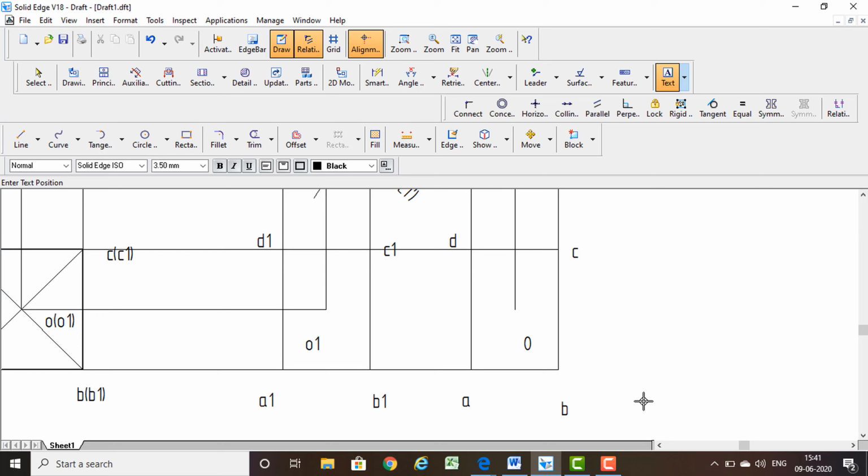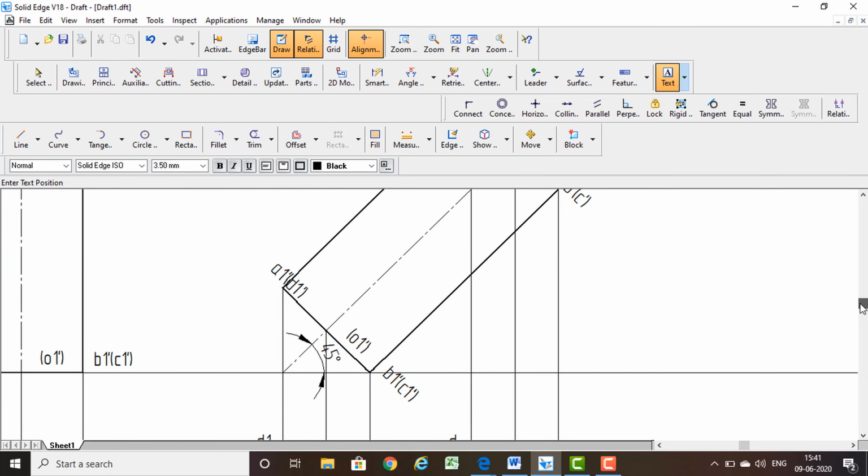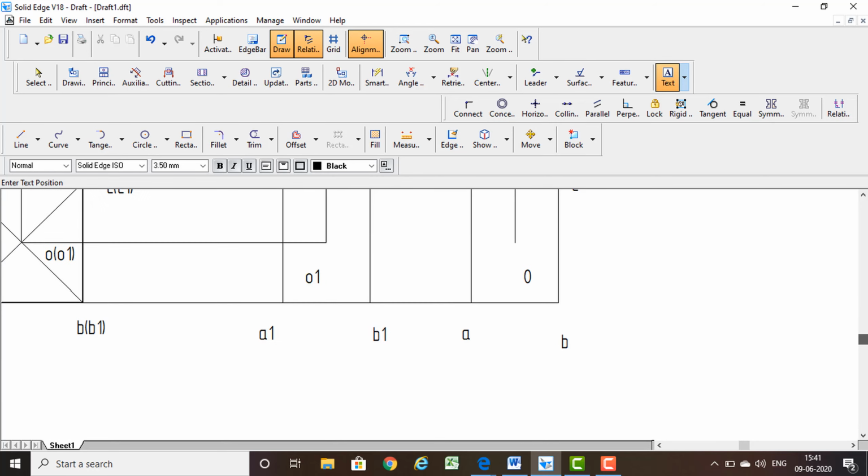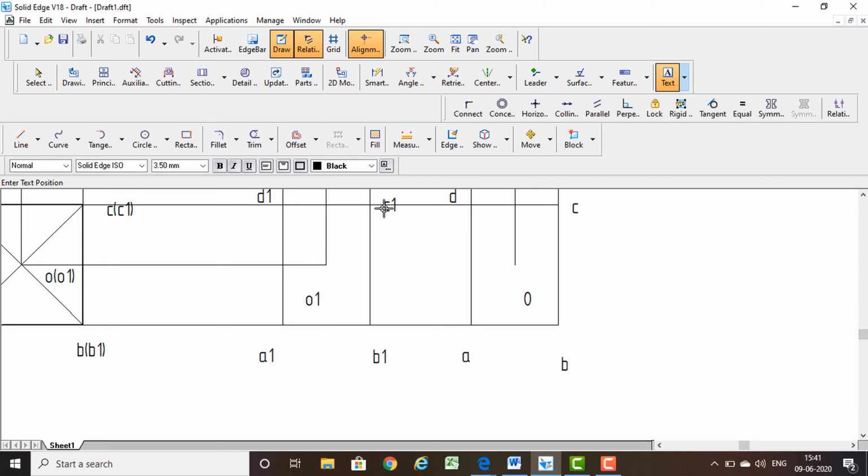So first we need to identify the resting edge or corner. So here it is resting on the edge B1 and C1. So therefore this resting edge or corner must be in parenthesis. Why? Because this is not visible. Okay, I am going to represent this in a parenthesis.